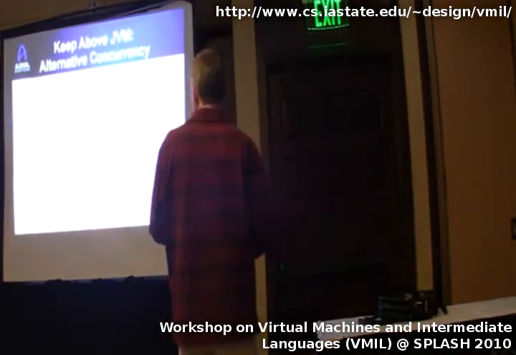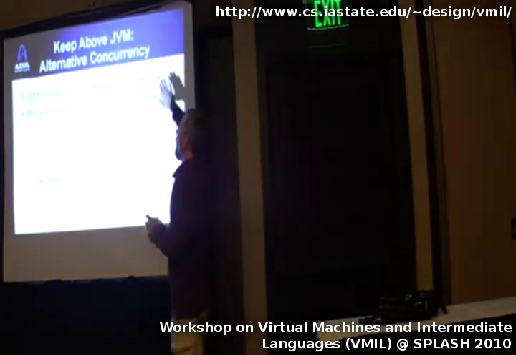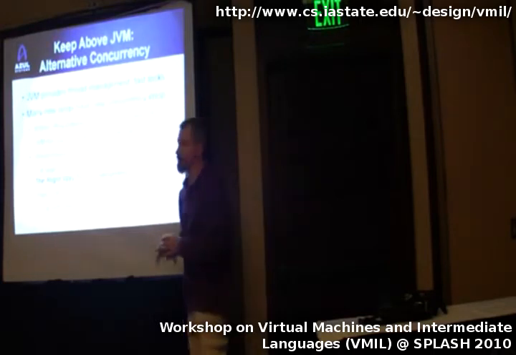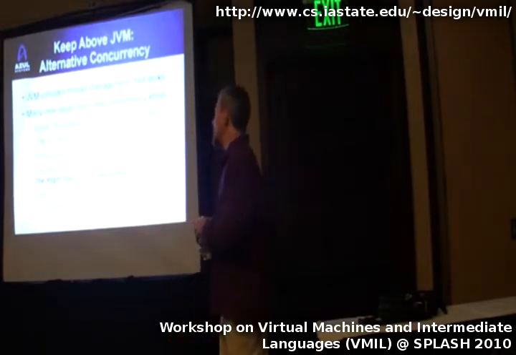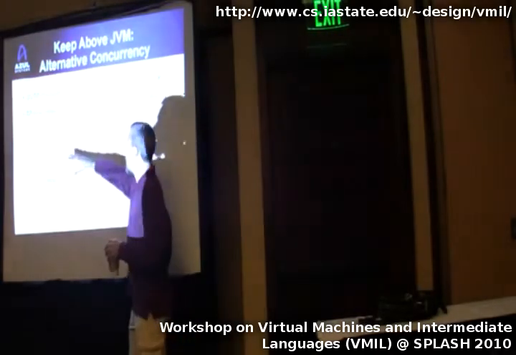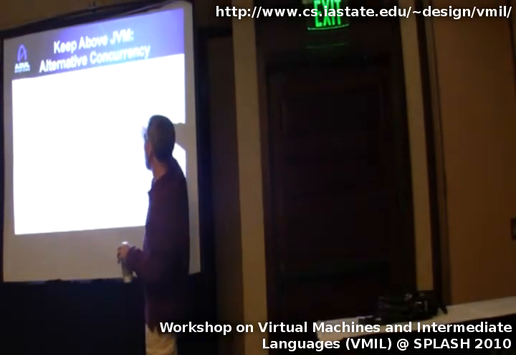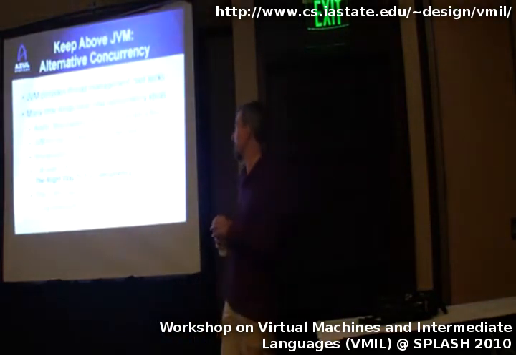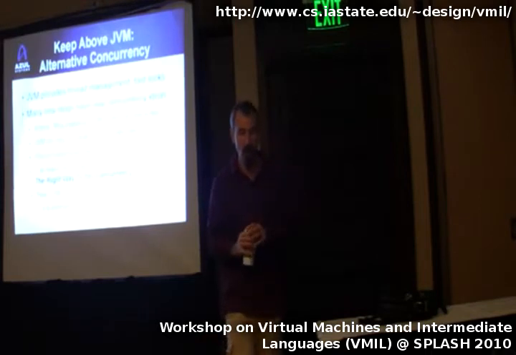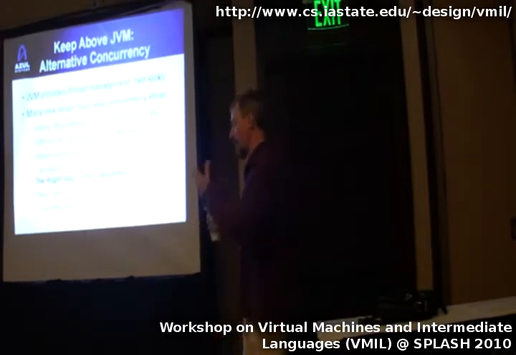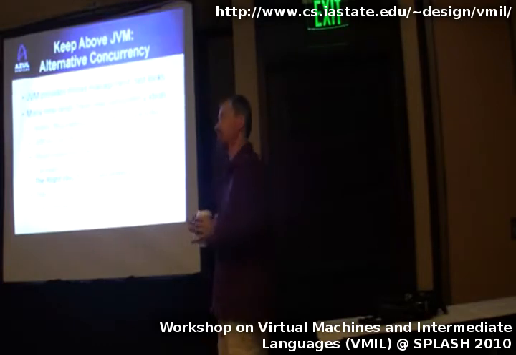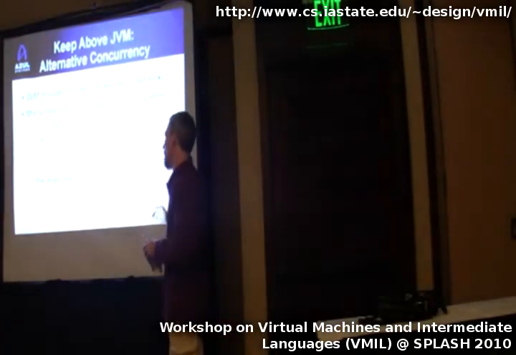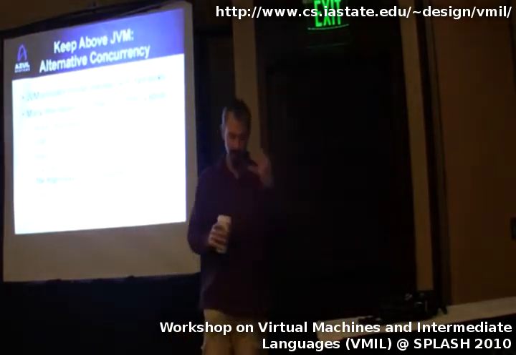Okay. Things I think belong above the JVM, and that would be alternative concurrency, right? The JVM is providing this nice sort of building blocks, fast locks, thread management kind of infrastructure. But there's a lot of these new languages that have new concurrency ideas, and I would love to find out which is the right one, and I have no idea what the right one is, so we should experiment, right? So message passing, software transactional memory, actors, fork join, whatever, there's lots of them. And the JVM is just too big and too slow to move fast here in sort of a researchy way and provide, oh, today we're going to provide fast actors, or tomorrow we're going to provide fork join, but no, it's not happening. So experiments should be run above the JVM until we get some consistency, some consensus on